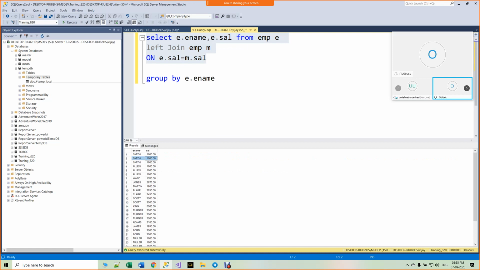Smith having salaries twice. I need employees who are having same salary. But why Smith is repeated twice?